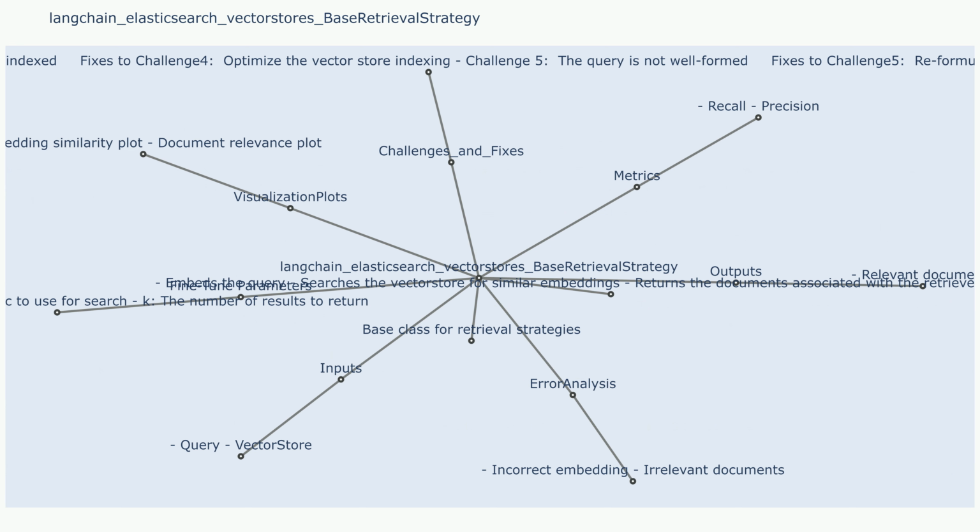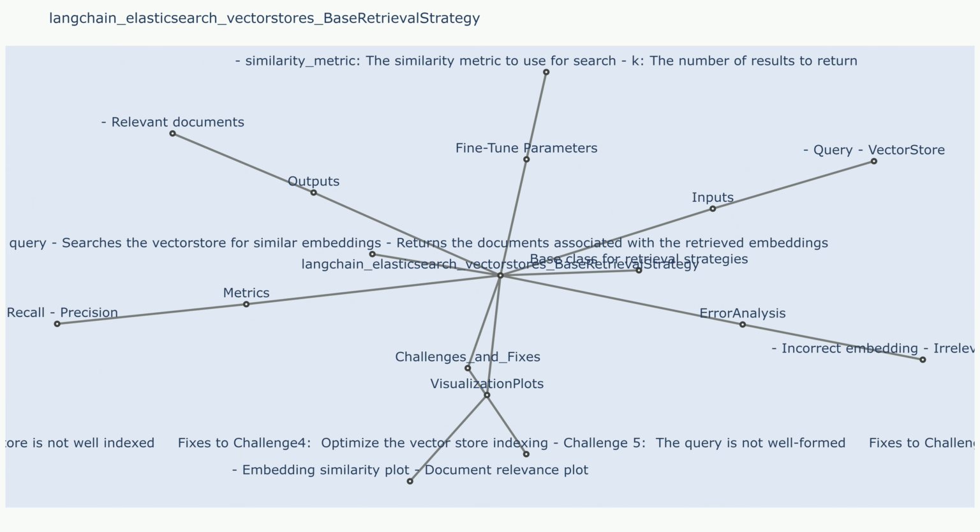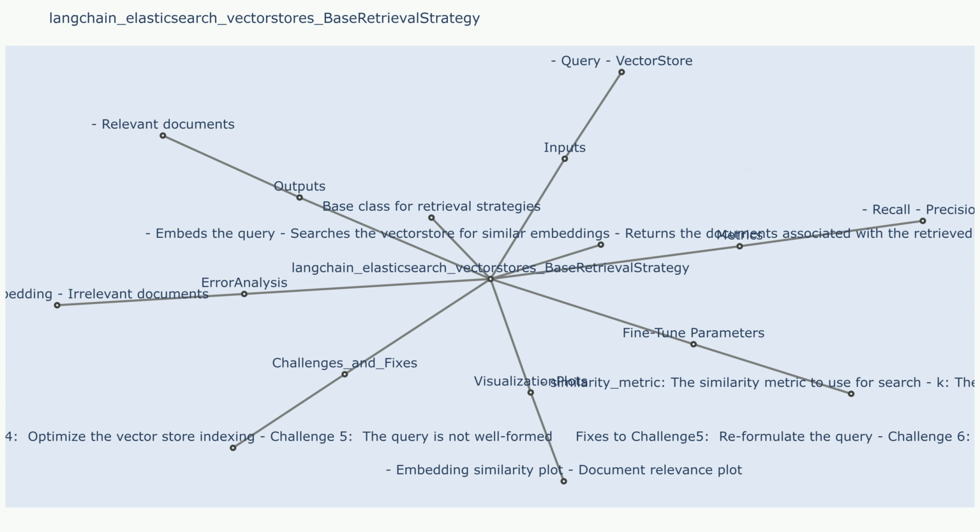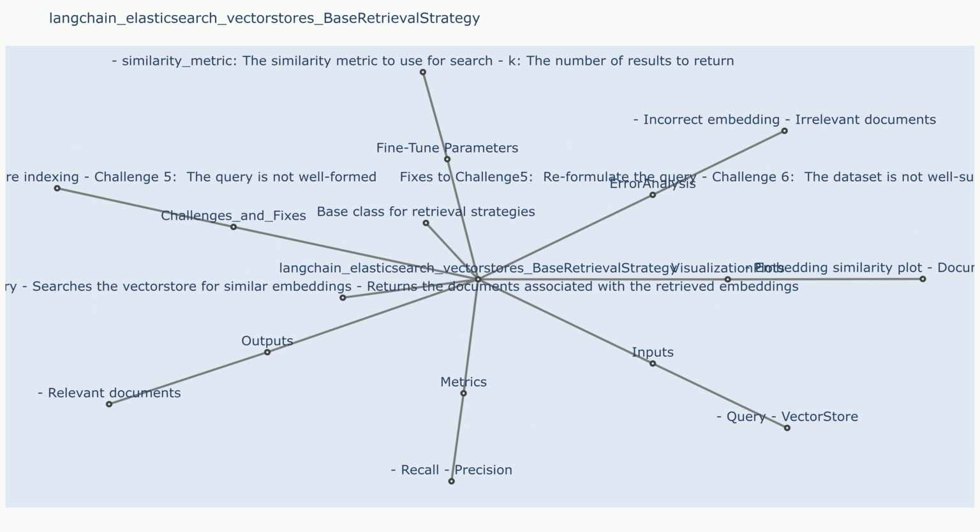Inputs. Query: the user's input or question that the retrieval strategy aims to answer. It represents the information need being expressed by the user. Index name: the name of the Elasticsearch index containing the documents from which relevant information needs to be retrieved. Outputs: retrieved documents, a list of document text chunks retrieved from the Elasticsearch index based on the query and the